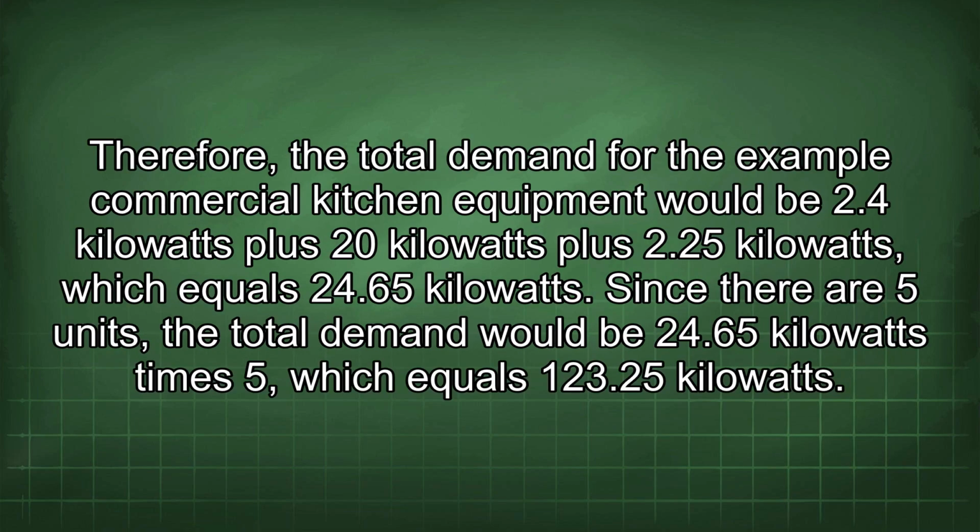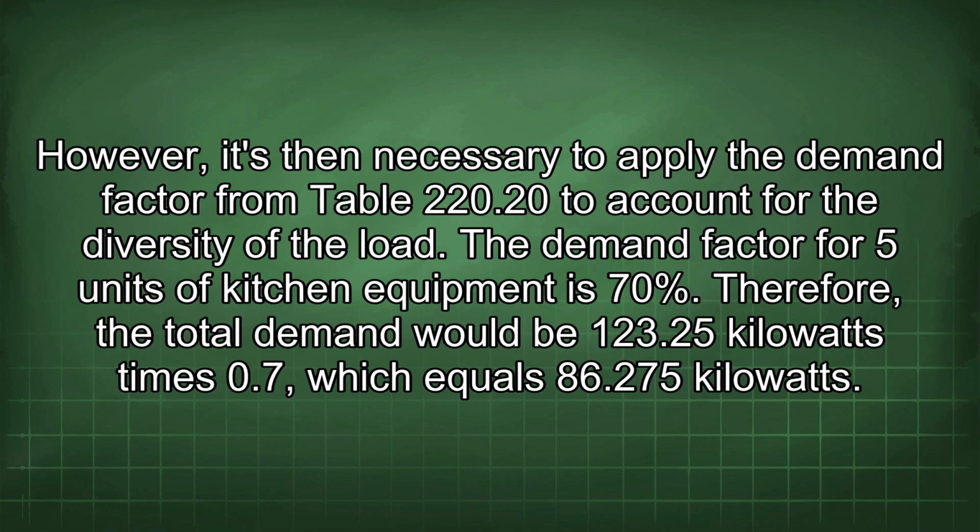Therefore, the total demand for the example commercial kitchen equipment would be 2.4 kilowatts plus 20 kilowatts plus 2.25 kilowatts, which equals 24.65 kilowatts. Since there are 5 units, the total demand would be 24.65 kilowatts times 5, which equals 123.25 kilowatts. However, it's then necessary to apply the demand factor from Table 220.20 to account for the diversity of